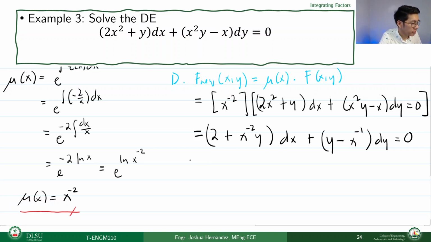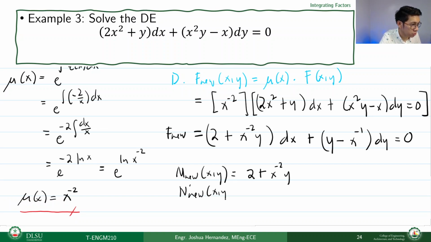Yan. So we can identify our m nu and n nu here. So this is our f nu. And we can simply by looking at it, no? Yung ating m nu is 2 plus x raised to negative 2y. Whereas our n nu is actually equal to y minus x raised to negative 1. Yan. Now, ano kahalagahan yan? Ano? Mahalaga yan kasi when we do